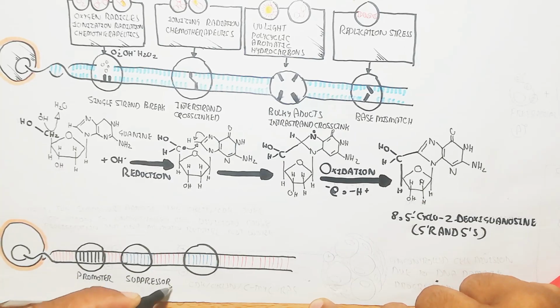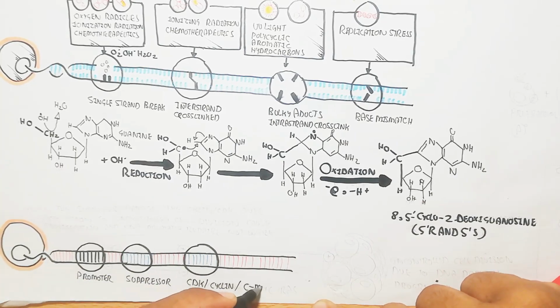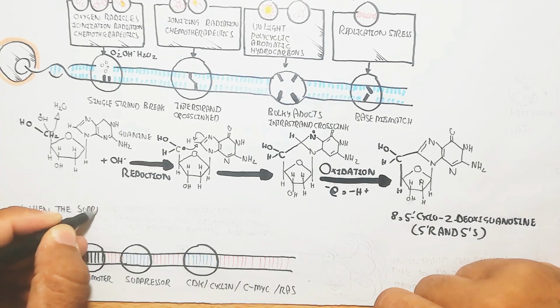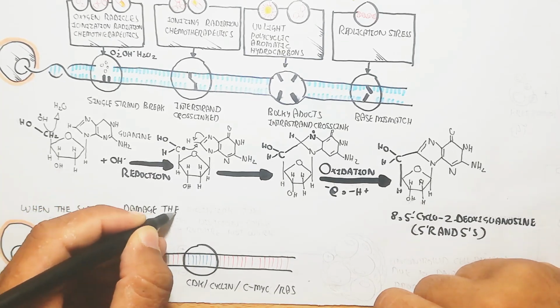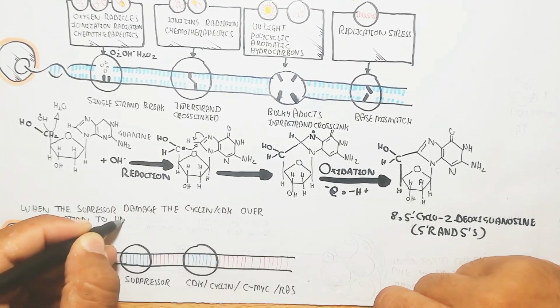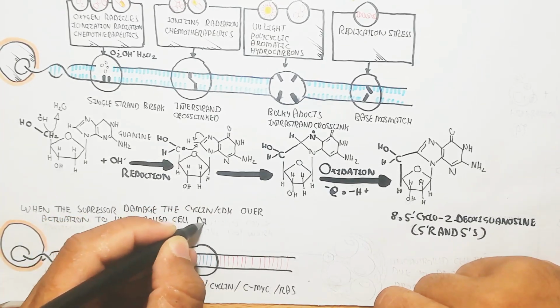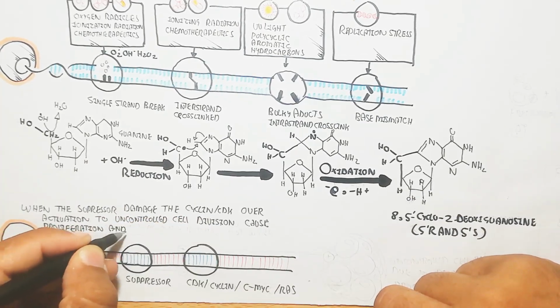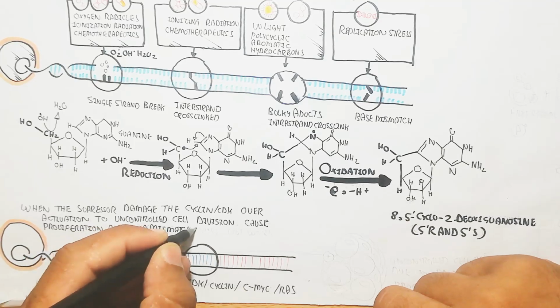So here is the promoter and suppressor and CDK, cyclin and C-myc or RAS gene. The promoter will promote the CDK and cyclin or the oncogene activation. When the suppressor is damaged, the cyclin and CDK activation leads to uncontrolled cell division, causing proliferation, and DNA mismatch repair